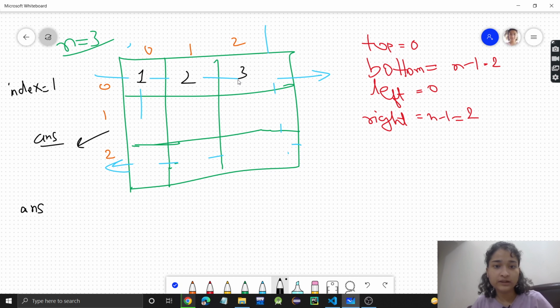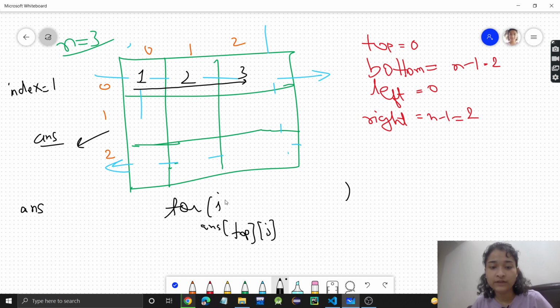2 here, 3 here. So what is fixed here? The row will be fixed, that is this row, but the columns will change, right? So I will have a for loop in which the row is fixed, that is answer of row, and the row is top. This will be fixed but the columns will change.